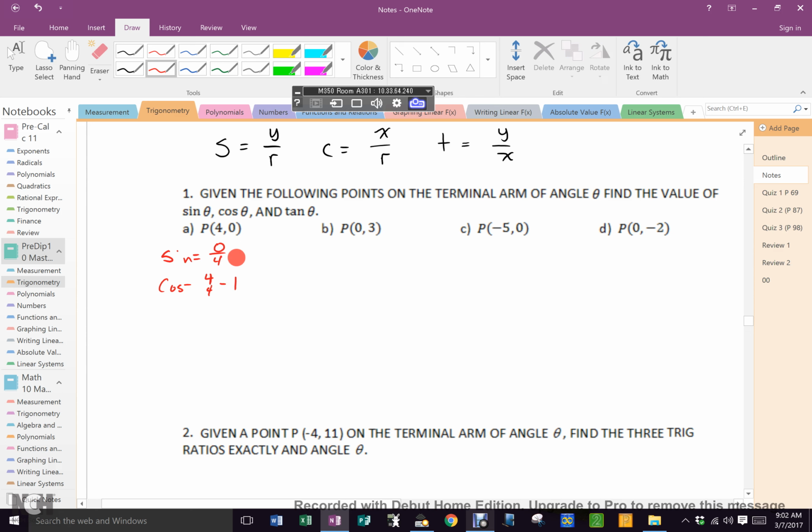Which equals 1. You guys finish that, write tan, and then sketch that angle, and you'll see what I mean